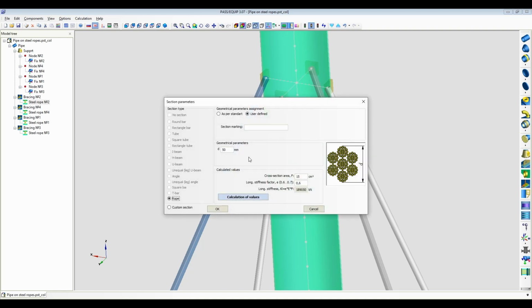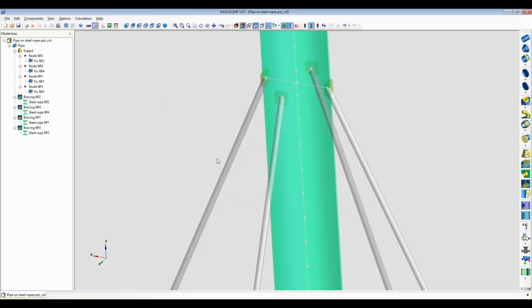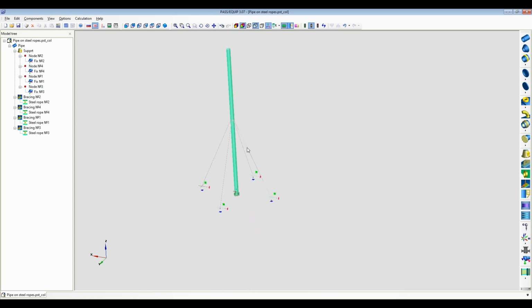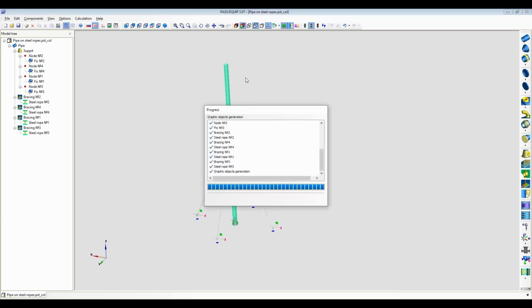Next, we input geometrical parameters, its diameter, common diameter, and cross-section area of this rope, and long stiffness factor and low stiffness. Yes, okay. And we create 4 ropes, and after that calculate